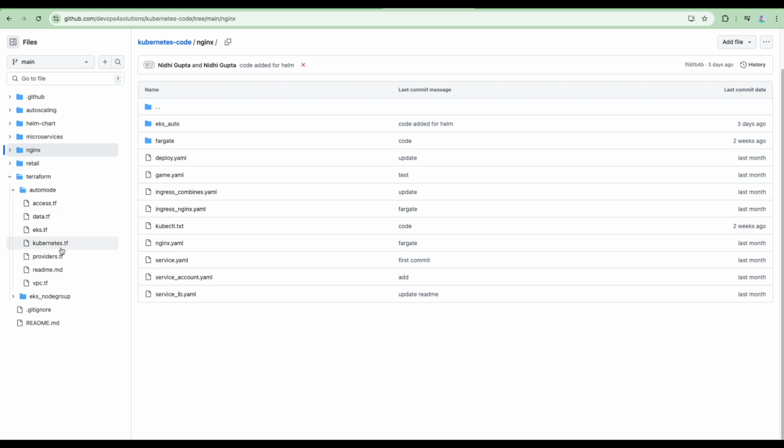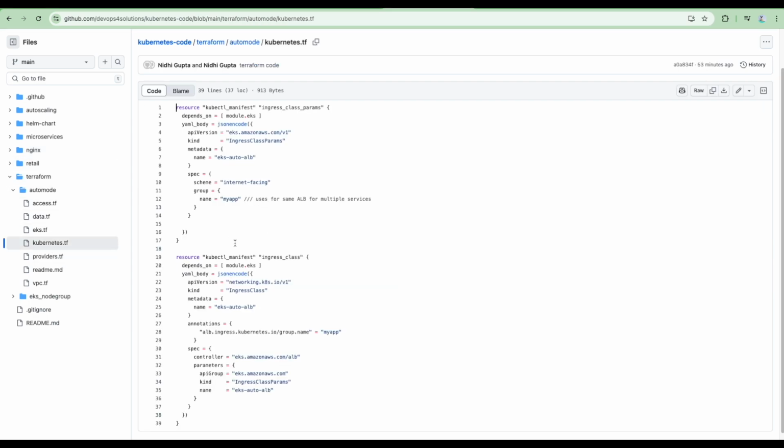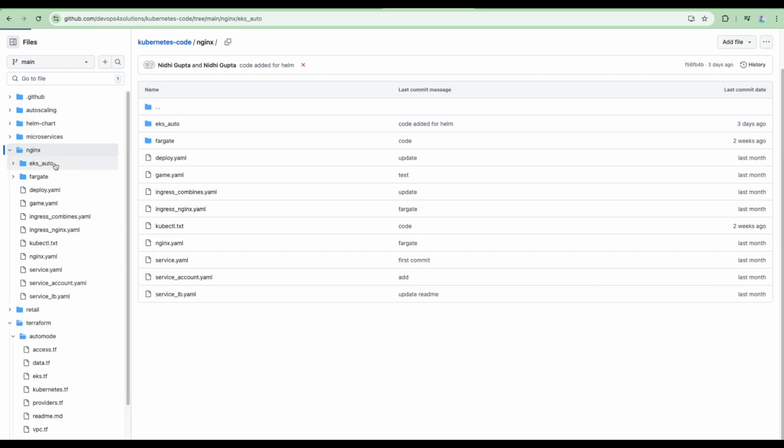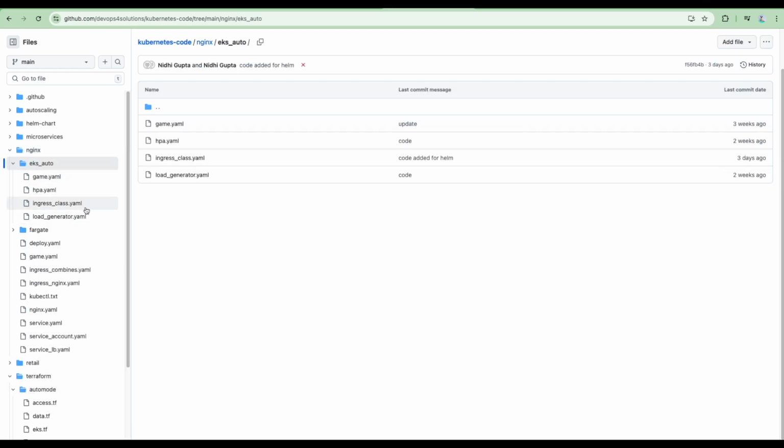So now we have created this and we have created this also. So now in your Nginx, or wherever service you are using it, and you want to create the load balancer, basically create the ingress class, what you have to do, I can just even show you if I have it.